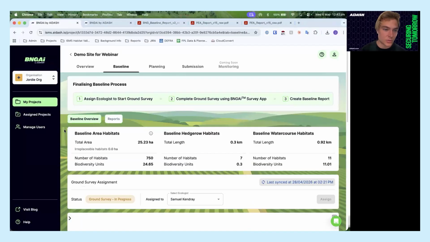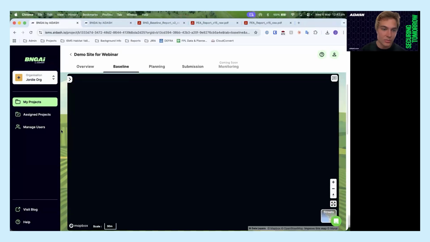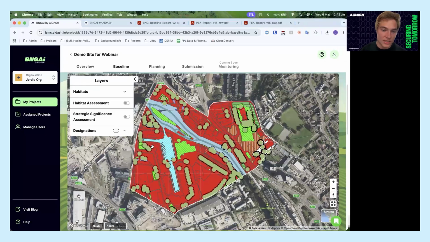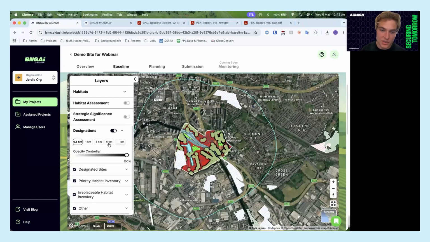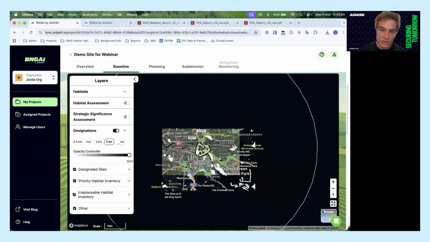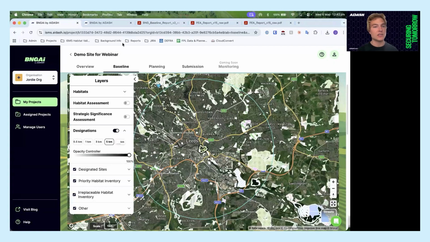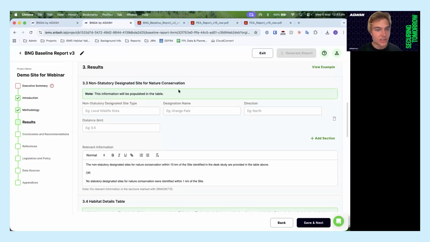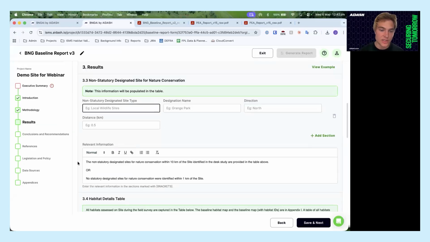If anyone's worked on the platform before, they're likely familiar that we also have designated sites and priority habitats loaded in, and you can set your own habitat buffer. So it'll pull from that. It's very similar to the figures that I showed earlier. Non-statutory designated sites for nature conservation we don't have, so obviously that comes from LERC data, but you can then populate it as you go and then change the